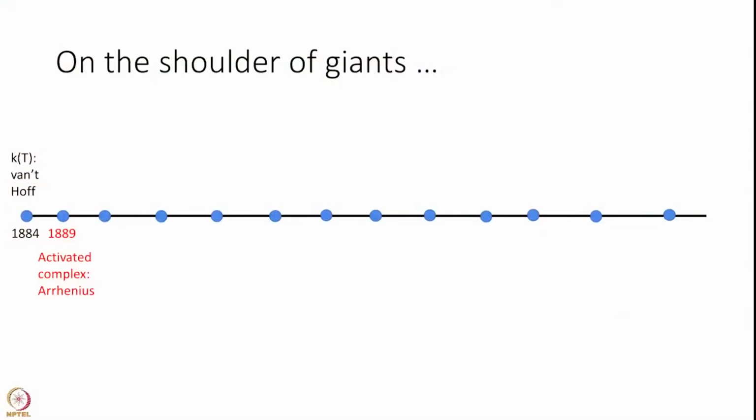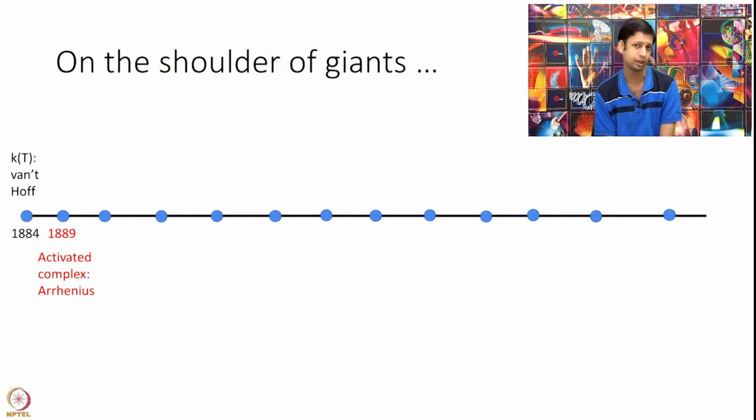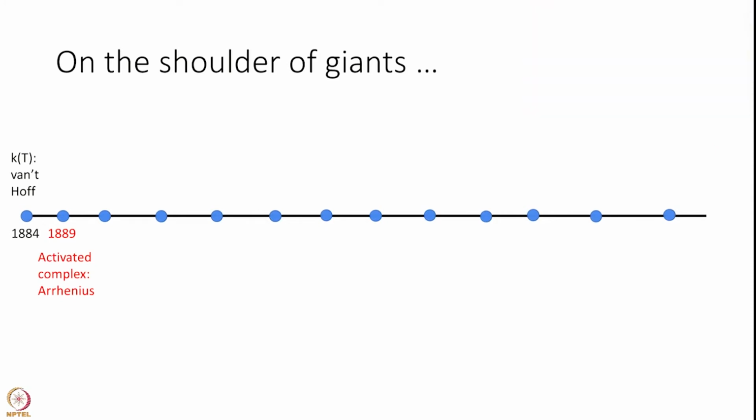So, let us just look at a little bit of the history. The history is more than 100 years old, so we cannot cover every single point, but the salient points, the biggest of the biggest giants in the field, whose contributions are immense. The first 2 names are Van 't Hoff and Arrhenius. In 1884, Van 't Hoff did a very thorough analysis of how rate constants change with temperature, and he actually wrote what is called the Arrhenius equation today in his 1884 paper. So, interestingly, the Arrhenius equation was written by Van 't Hoff.